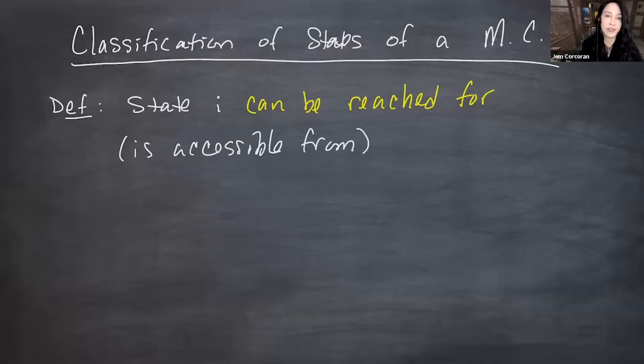I want to change that I to a J, because I really want the I to be the starting point. So state J can be reached from state I